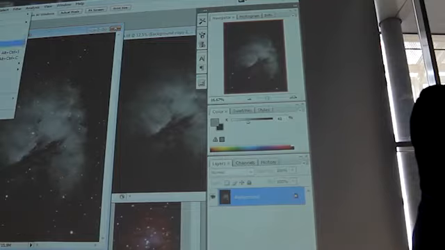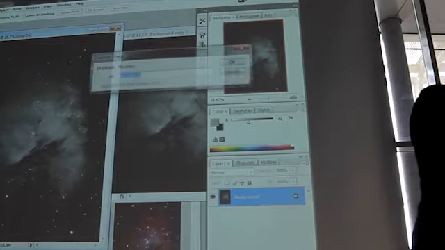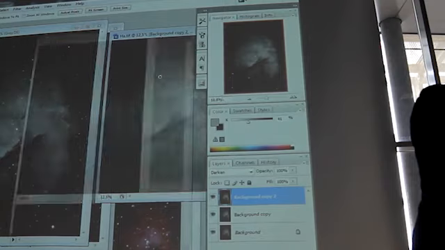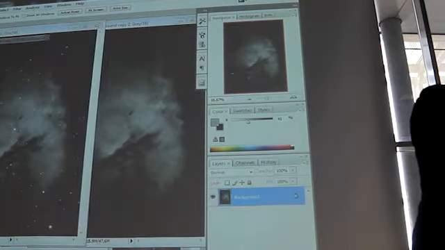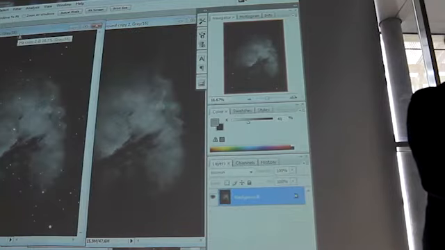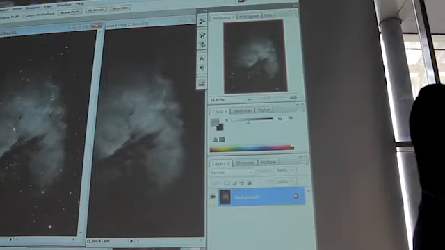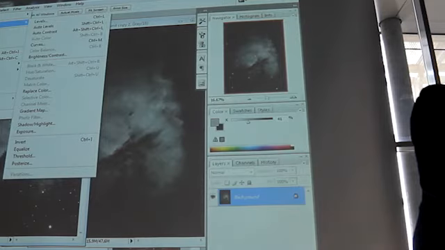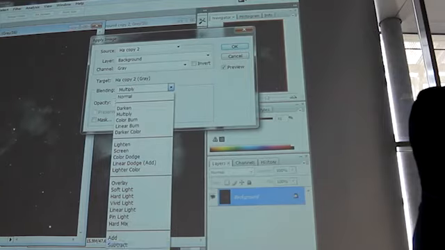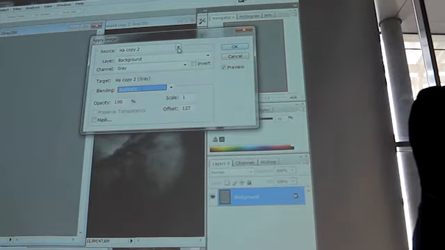So I make another copy here. And I'm using this, now with the starless image and the image with all the data. And now this image will be subtracted from this image. It leaves only the difference between those two images. And in Photoshop, it's done here. Apply Image. And then you select mode, subtract. And the name of the image was